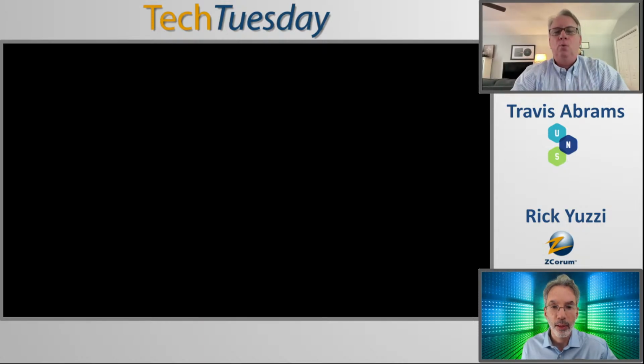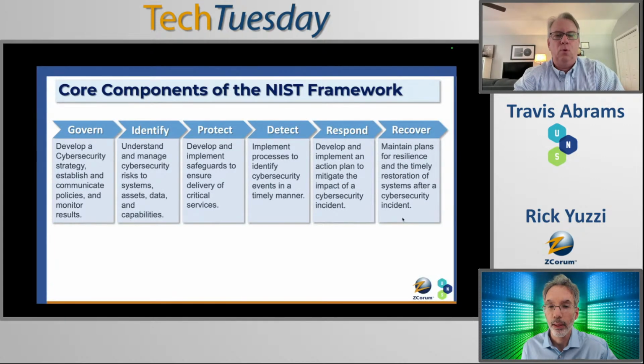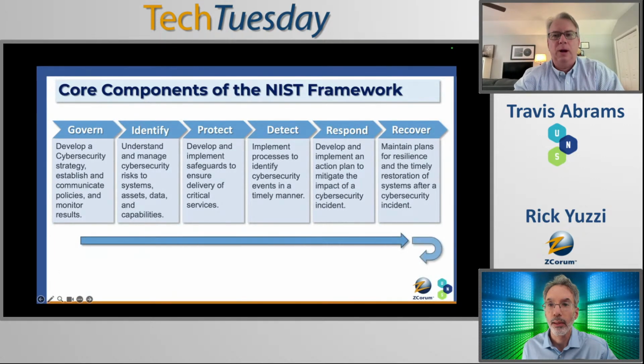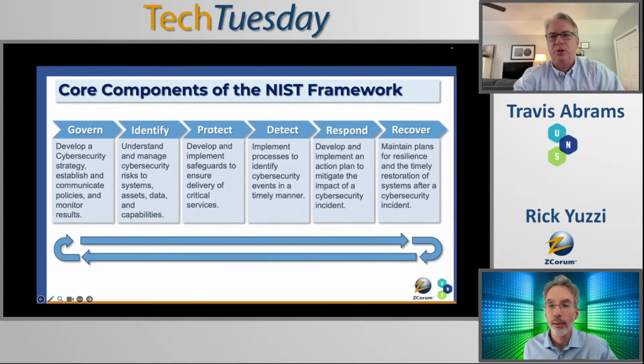All right, we have 6 core areas of the NIST framework, and previously there were 5. As we talked about before, there was only identify, protect, detect, respond, recover. Now we have Govern, and the idea of Govern is really to develop a strategy. This is where your policies are going to be, all your different security policies. This is where you're going to have buy-in from senior management, maybe some statements about their involvement in cybersecurity, and how they're going to ensure that the organization is moving that forward.